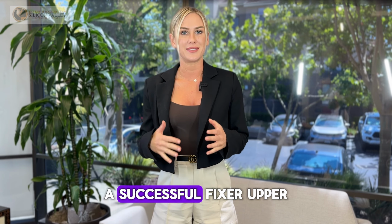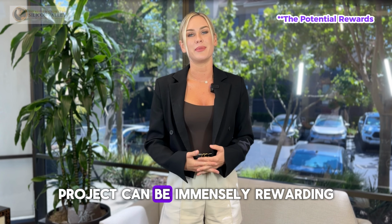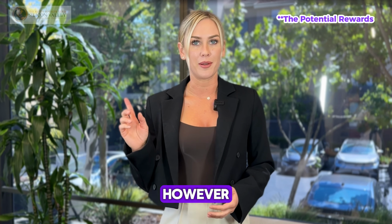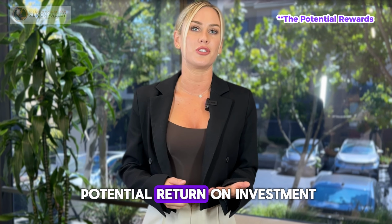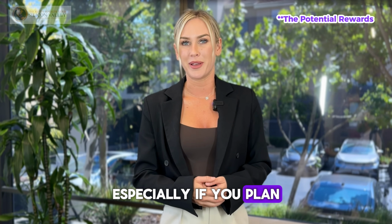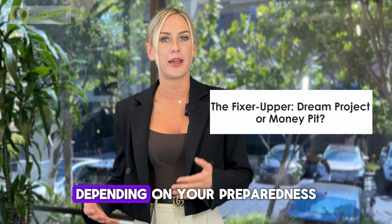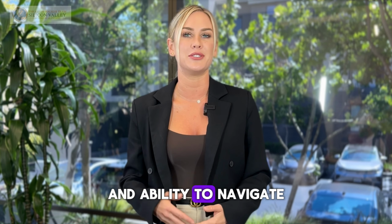Despite the challenges, a successful fixer-upper project can be immensely rewarding, increasing property value and equity. However, balance your vision with potential return on investment, especially if you plan to sell. So a fixer-upper can be a dream project or a money pit, depending on your preparedness and ability to navigate